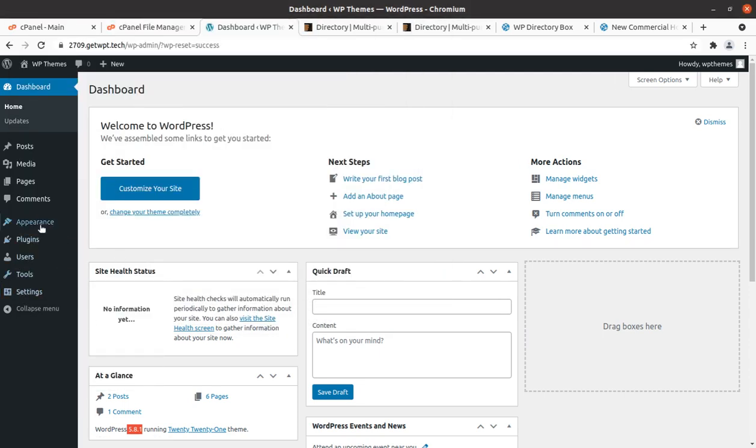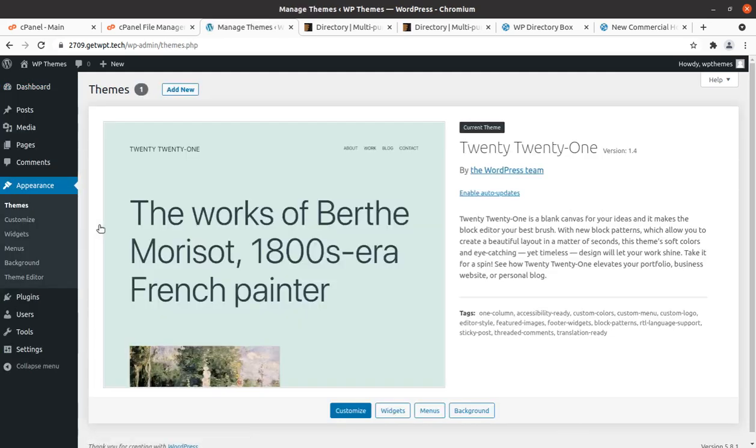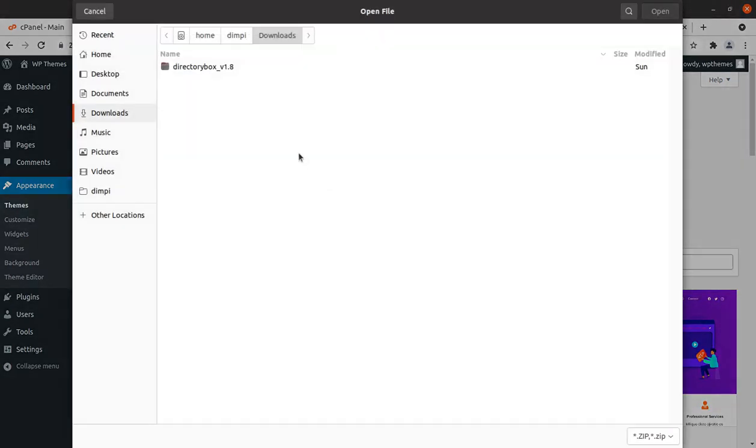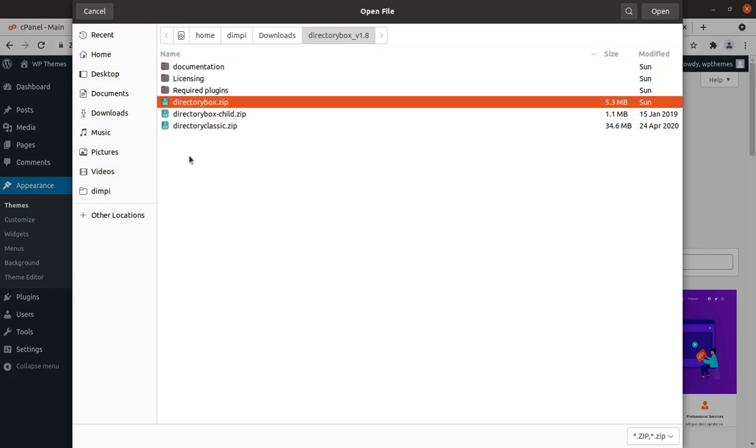And for this we have to go to the Appearance section of the WordPress installation, click on Themes, click on Add New, Upload Theme, Choose File, and here we need to select directorybox.zip. Remember, the file name directorybox.zip is to be selected. Don't upload the complete folder that you got in the theme pack.